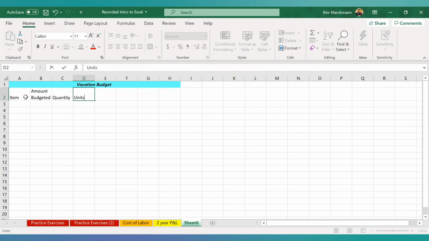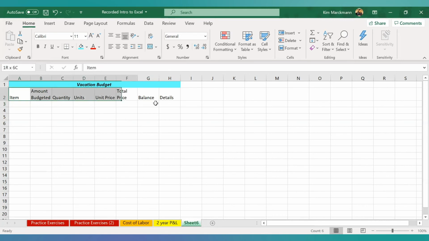Quantity, units, unit price, total price, balance, then details. Now I'm going to go back to A3. But now you can see here, and let me make these bold too so they're a little bit easier for us to see,